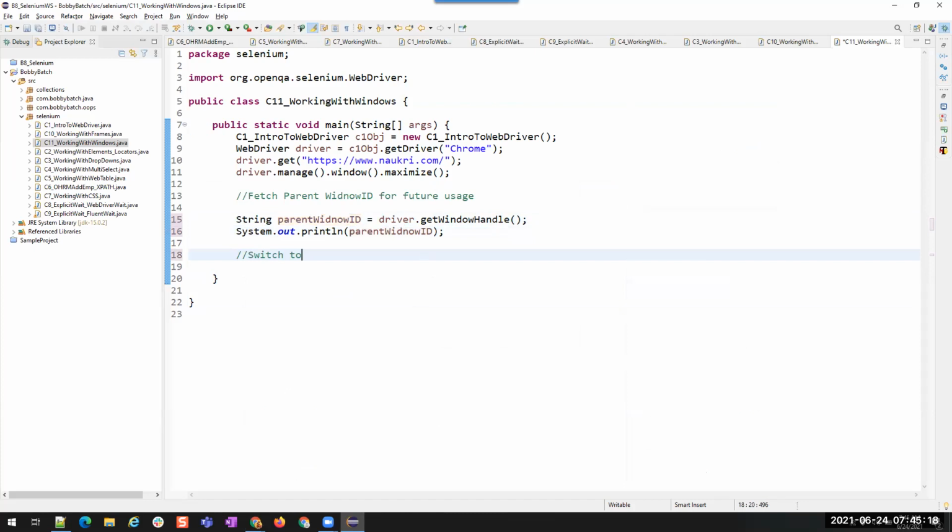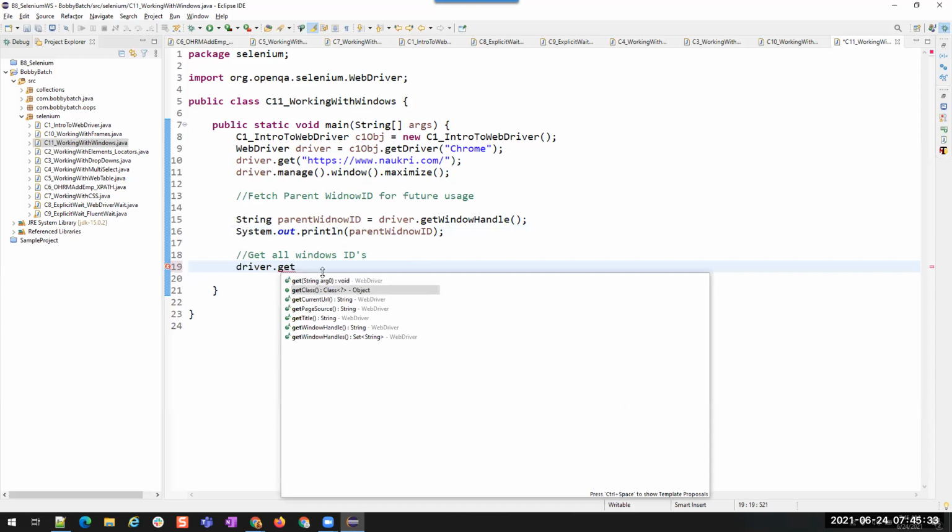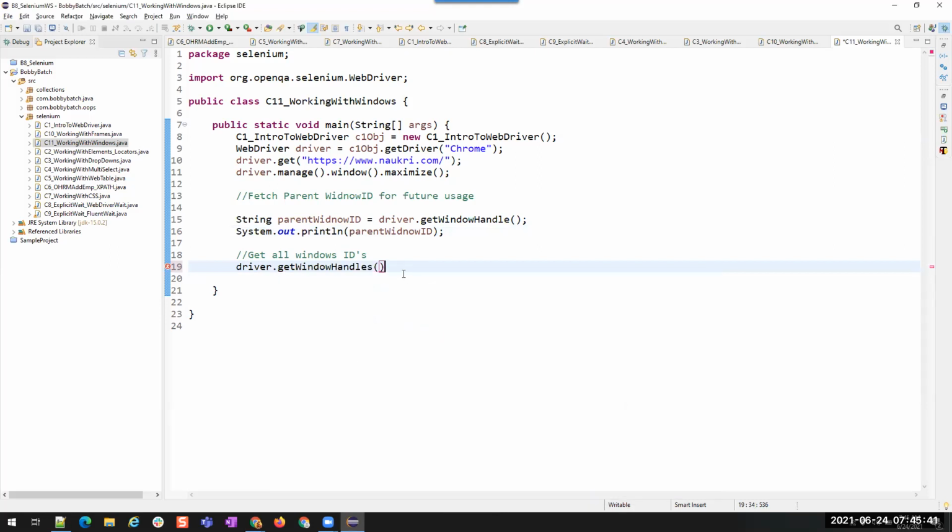Now, before switching, get all windows' IDs. If you want to switch to a window, then we need to know its ID. So that is the reason I'm going to get all the window IDs. There is another method called driver.getWindowHandles.